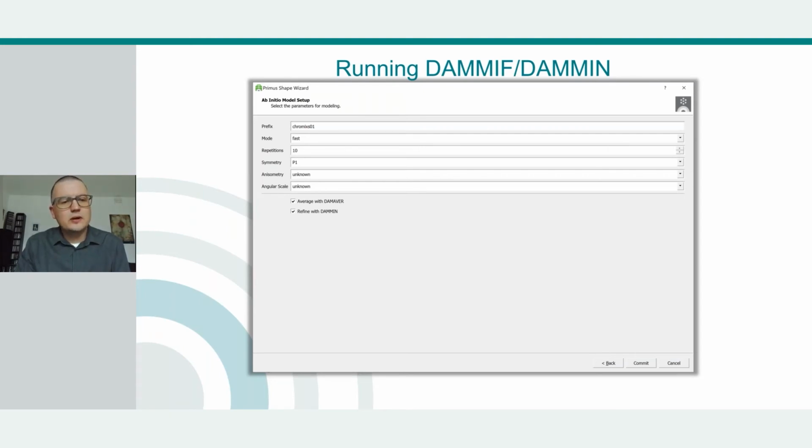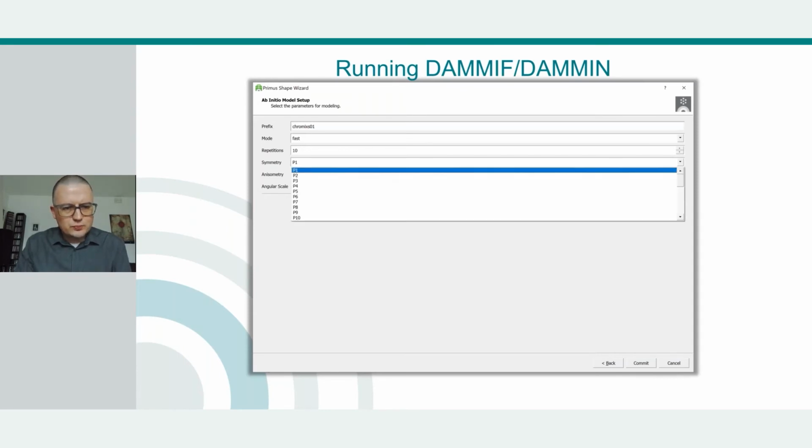So you can repeat DAMIF. You can start it, run it several times and average multiple models with a program called Damaver, and then refine the average model with a program DAMMIN. This totally helps in certain ab initio reconstruction cases to achieve a better fit to the experimental data.